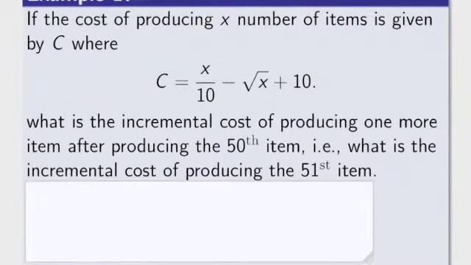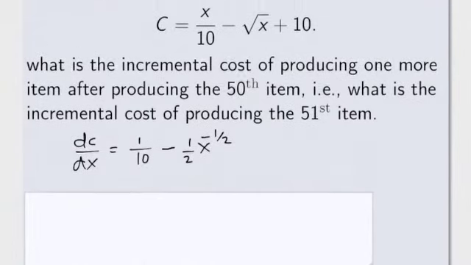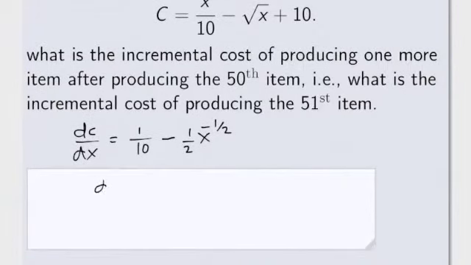So based on our discussion so far, we'll obtain dc dx. dc dx: the derivative of x on 10 is just 1 on 10. The derivative of square root x is half x raised to the power minus a half. The derivative of 10 is 0. So we know that dc dx